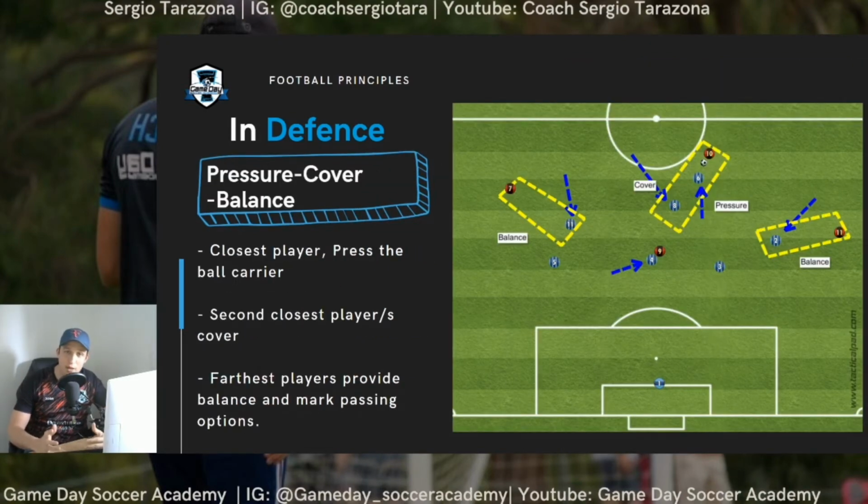Now we're going to talk about the pressure, cover, balance. Probably you've heard this as a player, as a coach, or as a parent, but I just want to put a couple of examples. So normally what we want is the closest player to apply pressure to the ball carrier. Apply pressure doesn't mean win the ball. Sometimes we got in our minds as a player or as a coach that the closest player needs to go and win the ball. For example, in this case, if number 10 is taking a long touch, a bad touch,